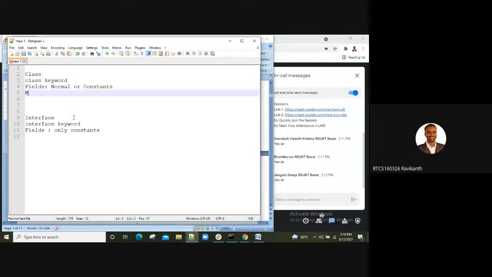Then with respect to methods, what about class? Can a class consist of incomplete methods, in the sense abstract methods? No, right? If a class consists of abstract methods, then it's an abstract class. It cannot be called a normal class, right?